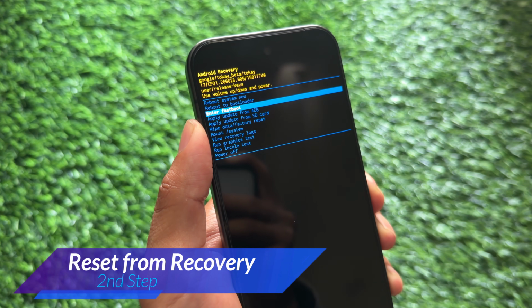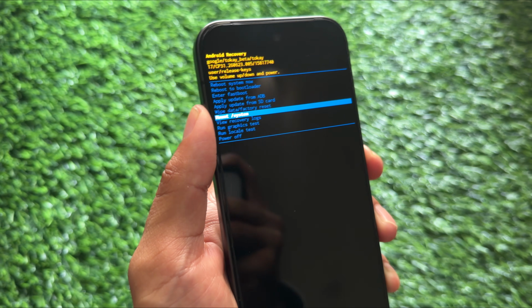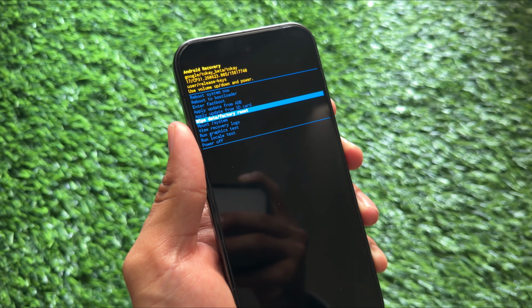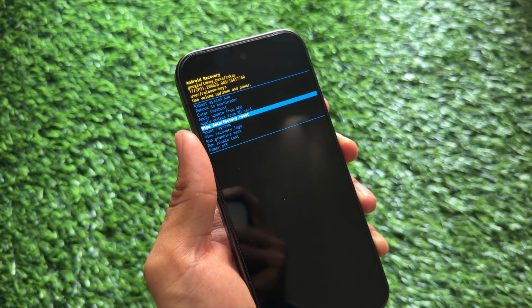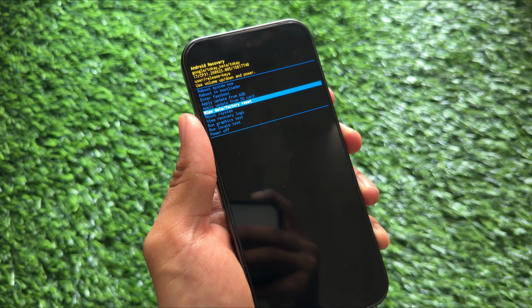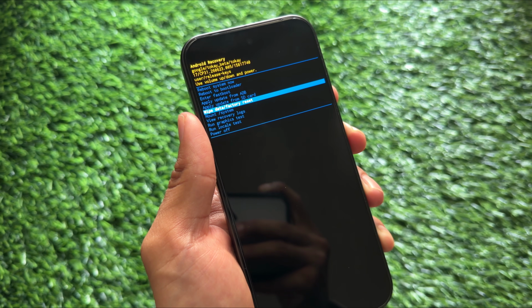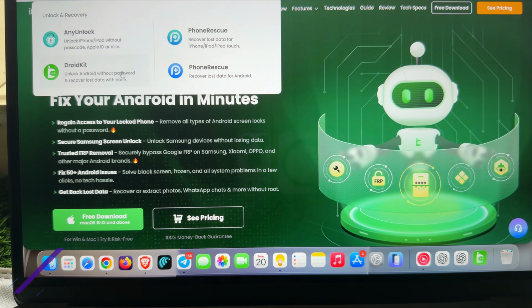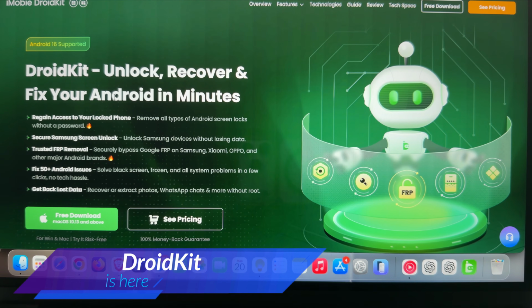Secondly, what you can do is reset from recovery, which obviously wipes some data on your device, like you can wipe cache and so on, but sometimes it doesn't work. So you wipe or format data. Basically, you can reset your data and it might restart for you. Basically, it might work for you. But this obviously deletes some data on your device. So if you have private data, if you have some important data, let's move on to the main step,